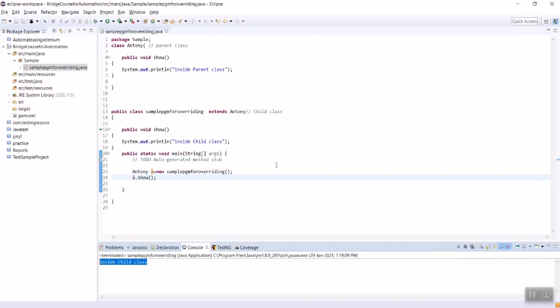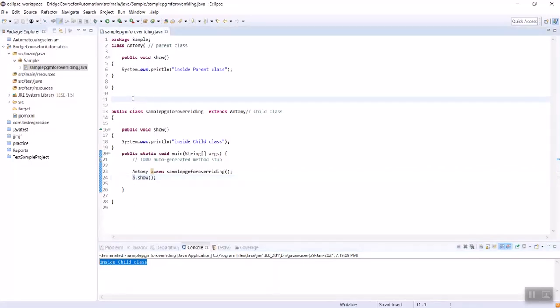So at runtime it got confused about which method it wanted to execute. At runtime it took the decision to execute the child class method, that is line number 16 to 19.